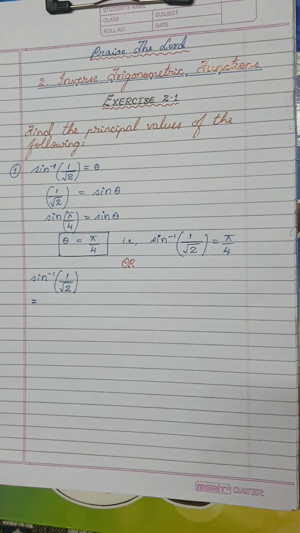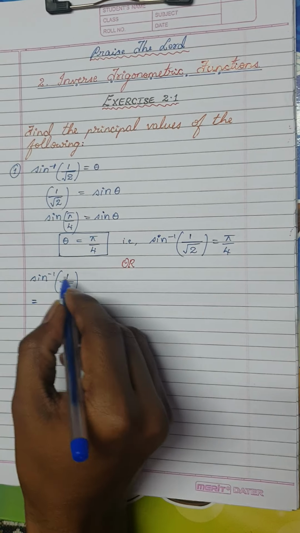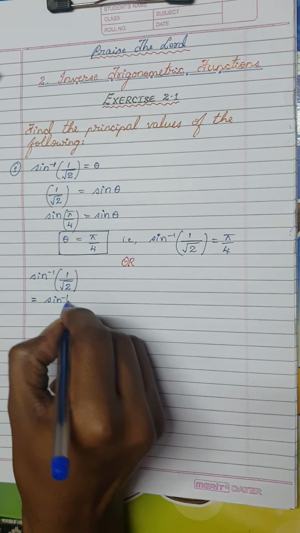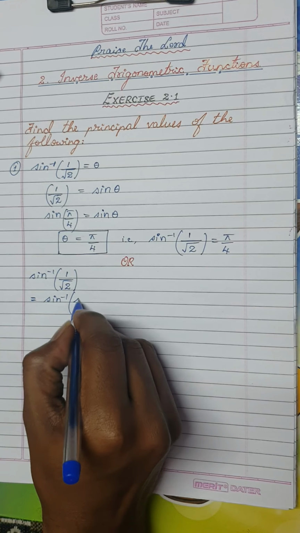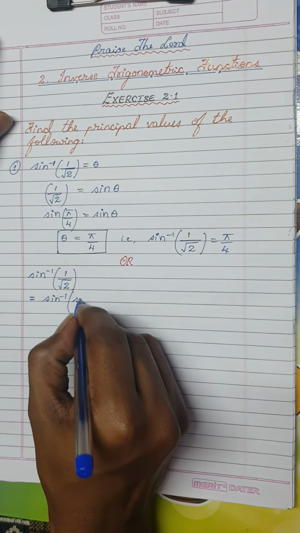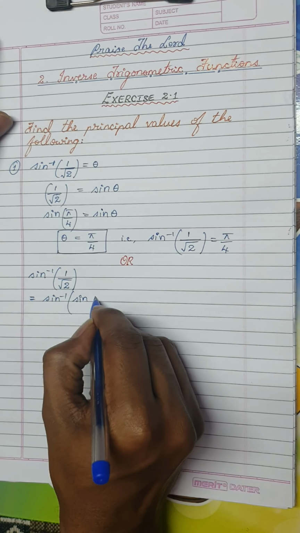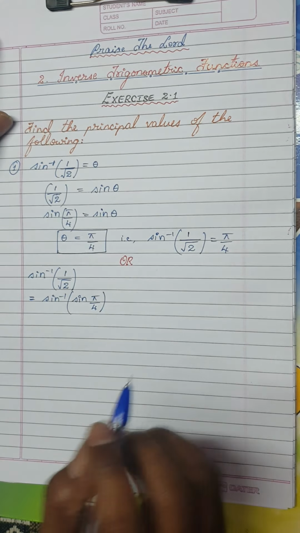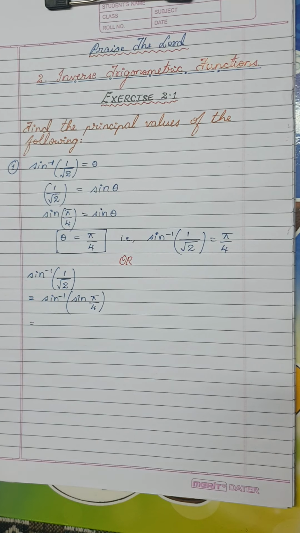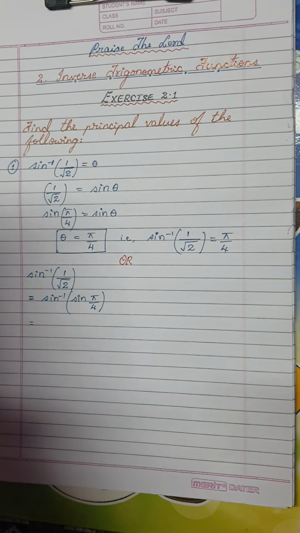Now consider this question, class. I have sine inverse of 1 divided by root 2. Now I am going to directly write this 1 by root 2 in terms of sine. As I told you, sine 45 degrees is nothing but 1 by root 2. So I am going to write it as sine pi by 4. Now the very simple method is, you should always be thorough with this procedure.